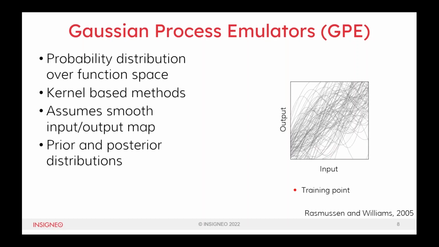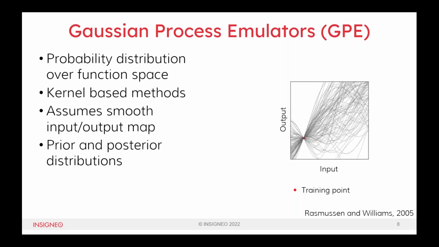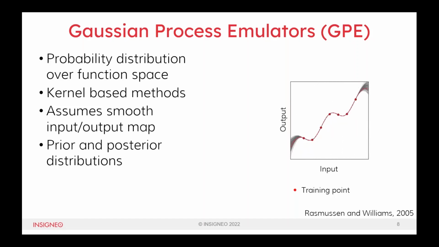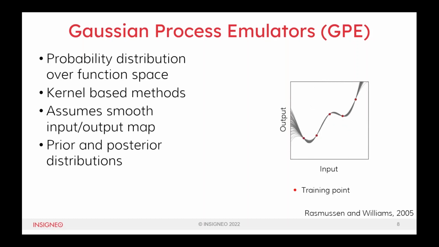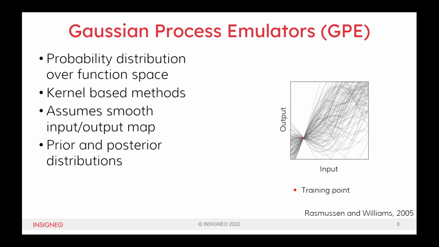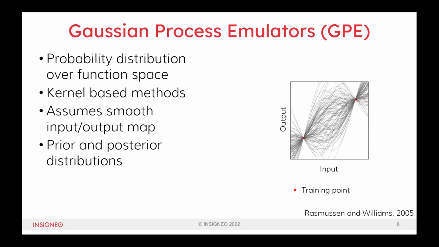And we make here the very important assumption that the approximation of the input-output relationship is smooth. This is actually not entirely surprising because the word Gaussian is in the name of the method, and the Gaussian advocates the idea of smoothness. With here prior and posterior distribution,